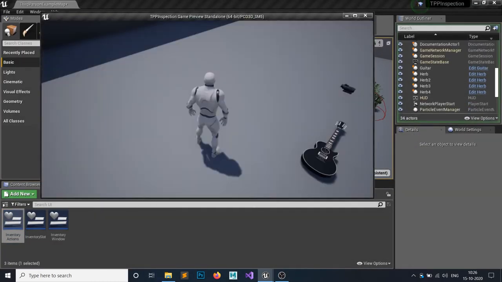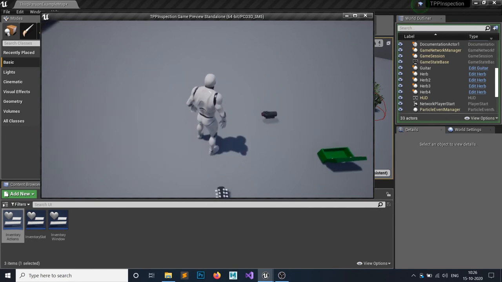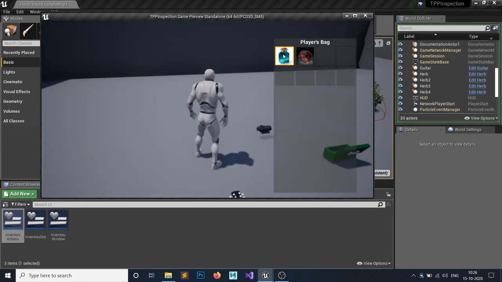So we have one water, one scope. You can see we have this water and this to mix and make an herb. So if you click on this and hit combine, this would be gone, and we are now on combine mode. Now if you click on this, this would make a herb inside here. So if you click on this, you can see a herb is made, but this is not gone.